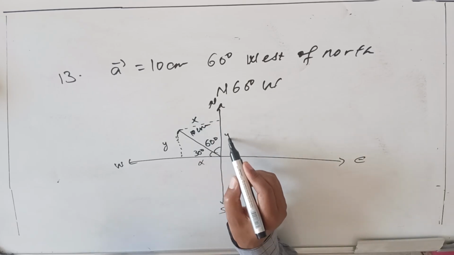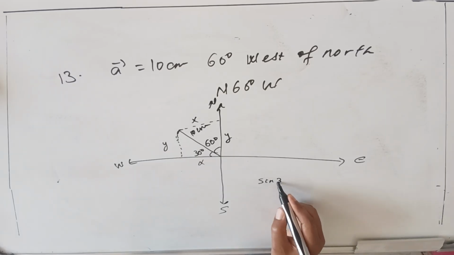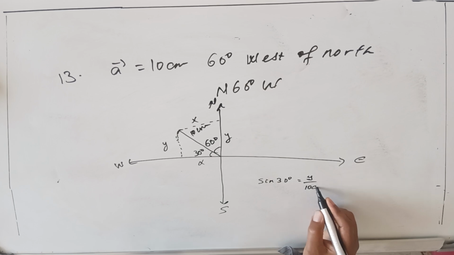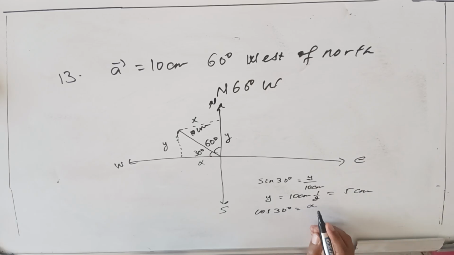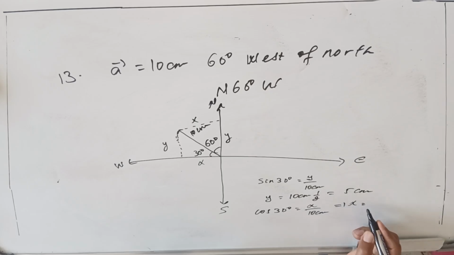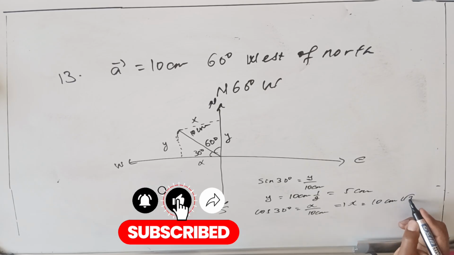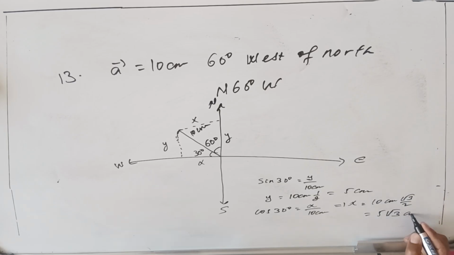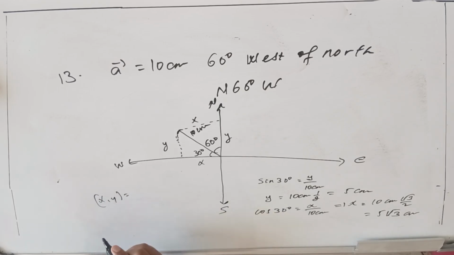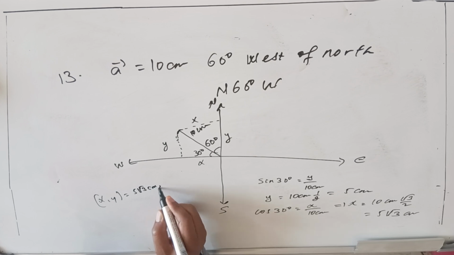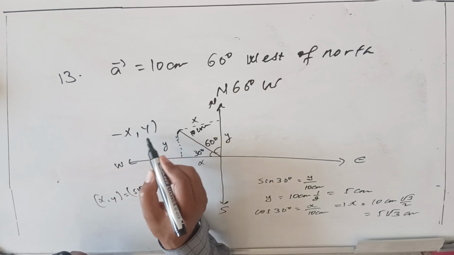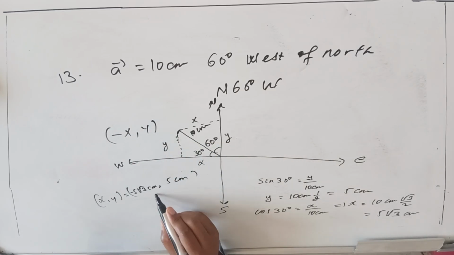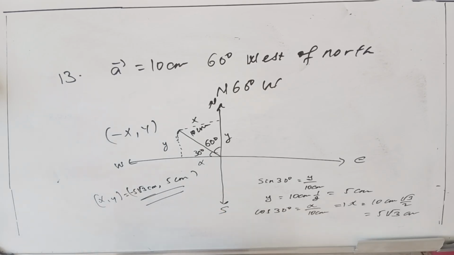ችኛዋን x ማድረግ ነው፣ ችኛዋን ደግሞ y ማድረግ ነው። ስለዚህ 30 ዲግሪ ብንጠቀም sin 30 ዲግሪ opposite side that is y over 10 centimeter. y is equal to 10 centimeter sin 30 degree 1 over 2 ነው that is 5 centimeter ይሆናል። cos 30 degree adjacent to x ነው hypotenuse 10 centimeter ነው የሚሆነው። this implies x is equal to 10 centimeter ሲባዛ cos 30 radical 3 over 2 that is 5 radical 3 centimeter ይሆናል። that is the ordered pair x, y ወይም ደግሞ ኮምፖነንቱ that is 5 radical 3 centimeter እና that is 5 centimeter ይሆናል። and the vector located in second quadrant x value negative ነው y value positive ነው so x minus ማድረግ ነው y as it is ማድረግ ይሆናል። this one is the concept on the question on vectors ለዛሬው ቀናል። thank you